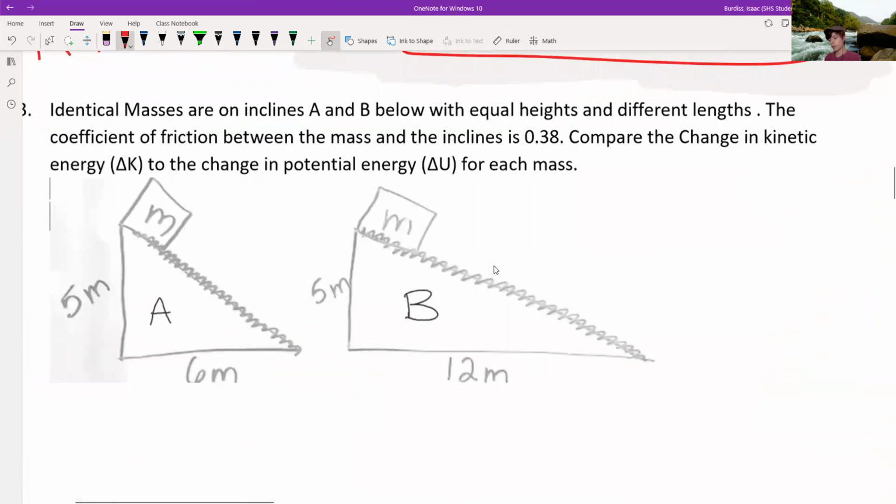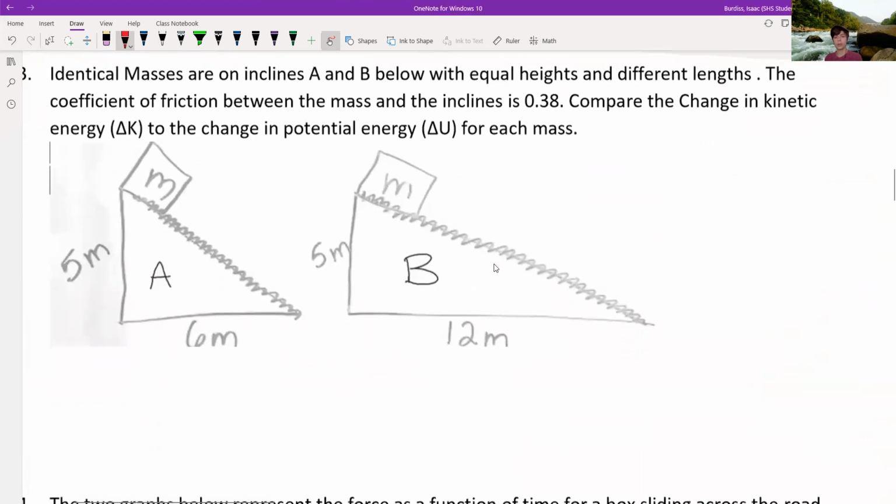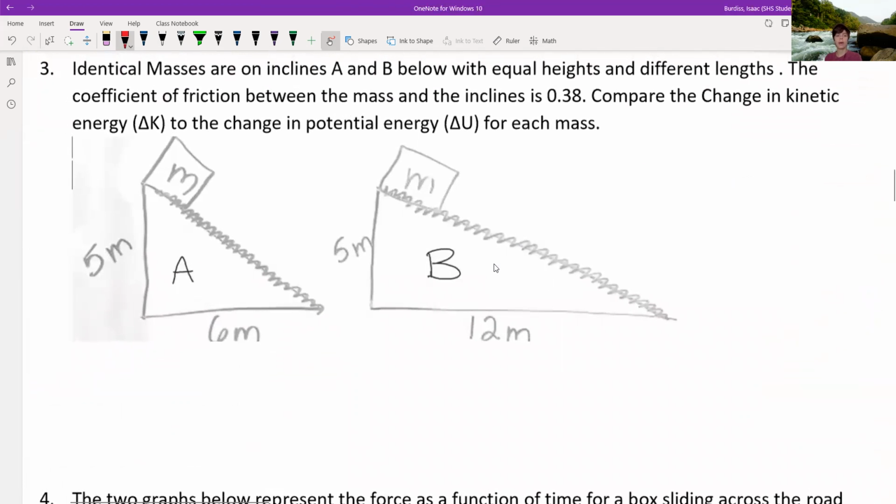Okay, let's see. I'm not going to do every single one of these as usual, but let's see. All right, this one. Two identical masses are on inclines A and B with different heights and different lengths. The coefficient of kinetic friction, ooh, that's not good,